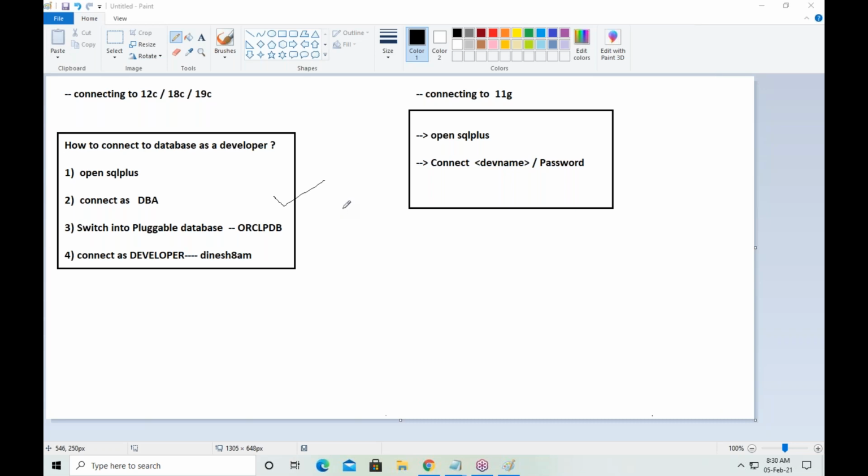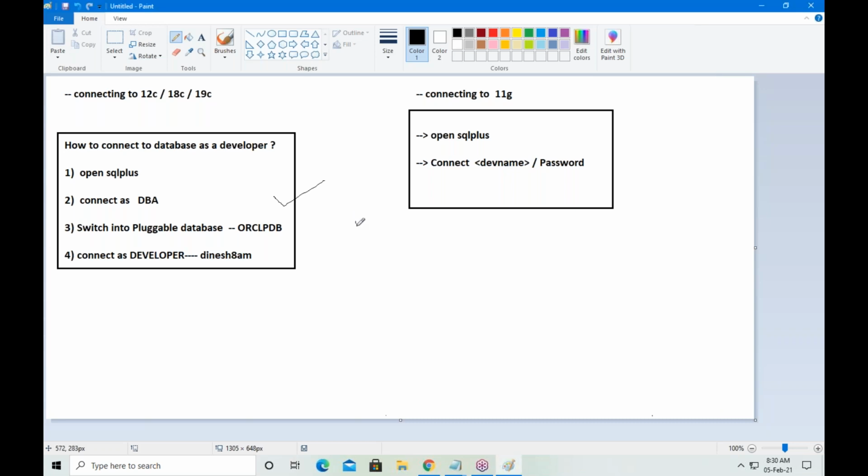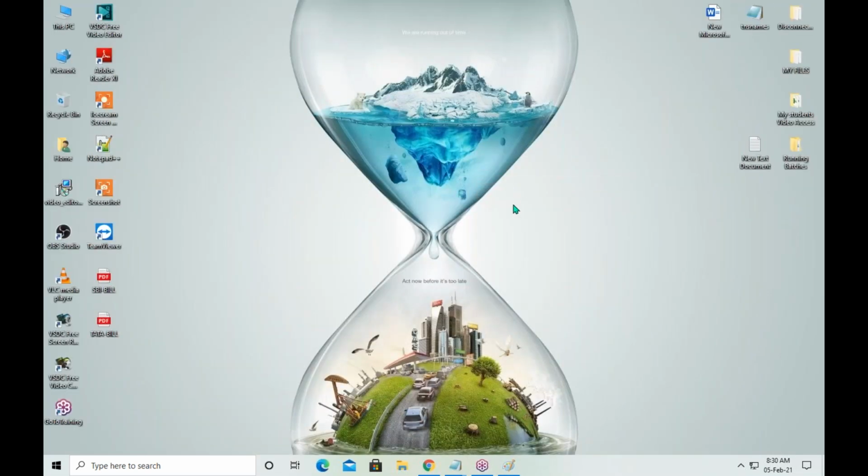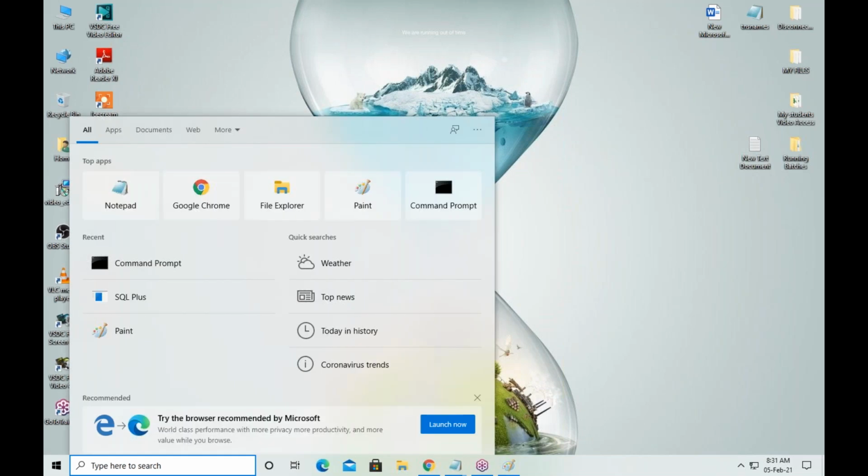Is there any other method to open SQL Plus? We know how to open SQL Plus from the start button, but I want to know other methods.